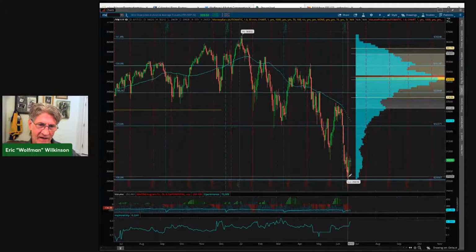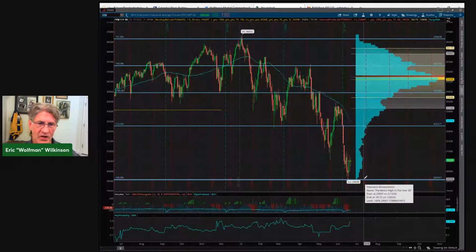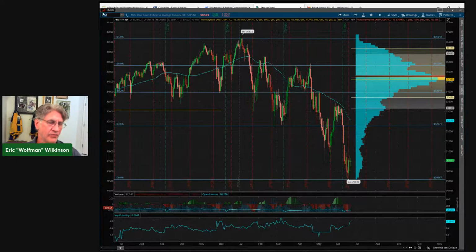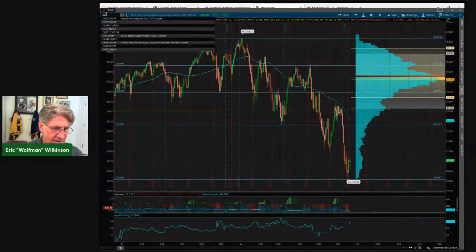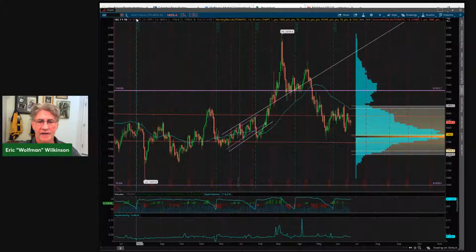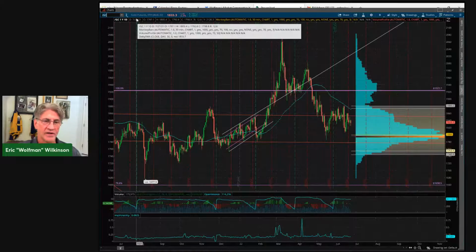I do like the fact that we did come down and test these levels that we were talking about, broke below 30,000, got that psychological thing going. And we saw that coming down to those key levels in the other equity markets. So have we tested it and rebounded? That's at the back of my mind as well. I think the risk is still to the downside, folks. But we're going to be keeping an eye out on these economic data points. They're not looking too great. We've been seeing PMI come off. I am not jumping on board with getting long in the equities right now.